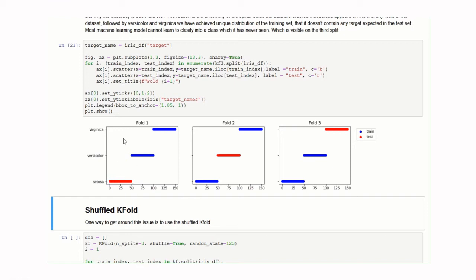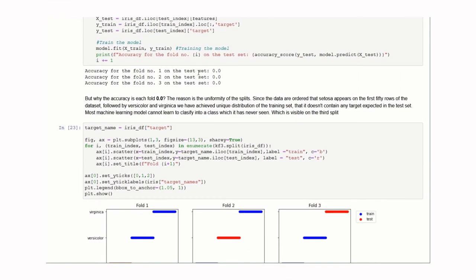Our model trained on this blue color dataset, which has versicolor and virginica flower types, and our model didn't train on the Setosa flower type. Due to this, our model didn't learn anything about the Setosa flower type. Here we passed the Setosa flower types to the testing data. Because of this, our model didn't learn anything about the Setosa. Due to that, we got 0% accuracy.